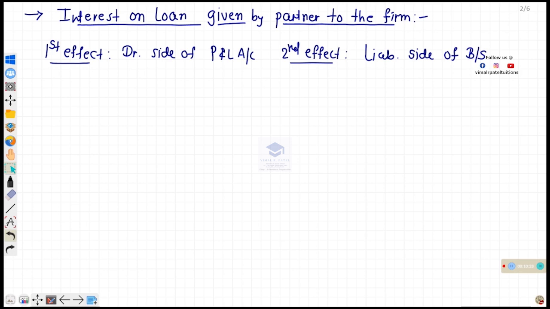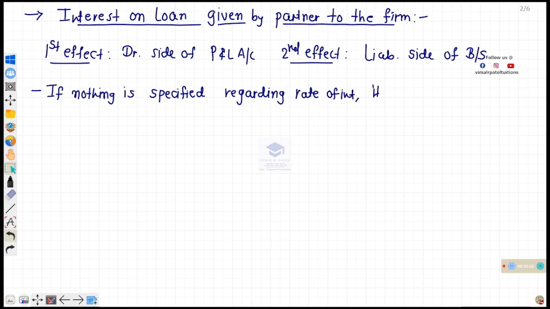Now if nothing is specified regarding the rate of interest, then it must be calculated at 6% per annum. Now, see,